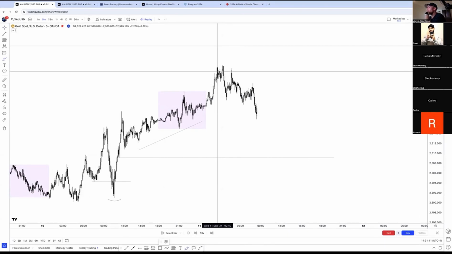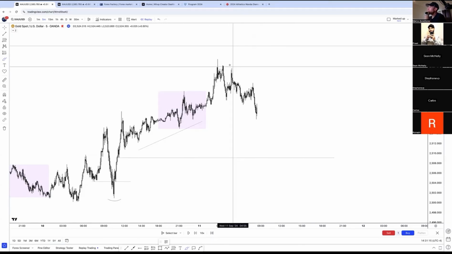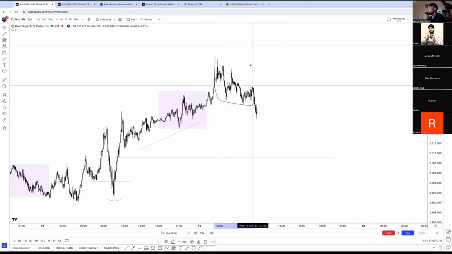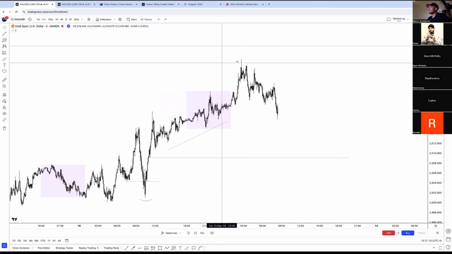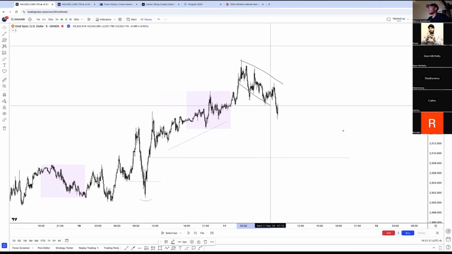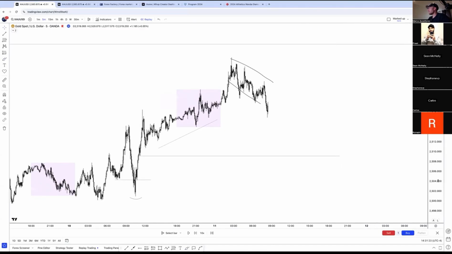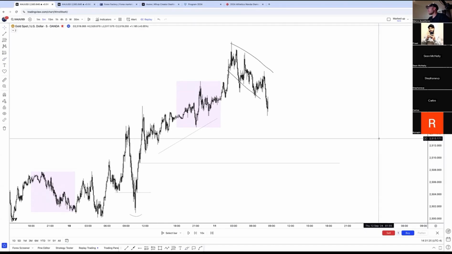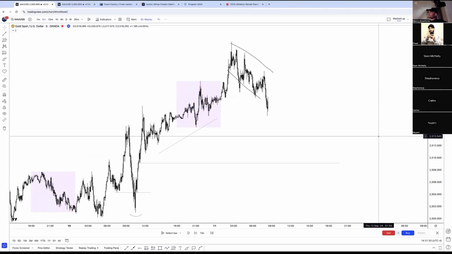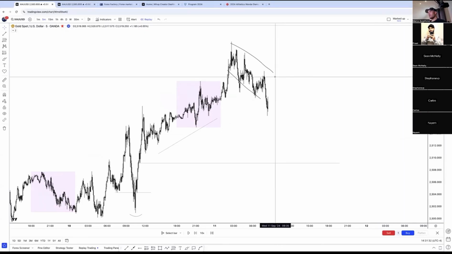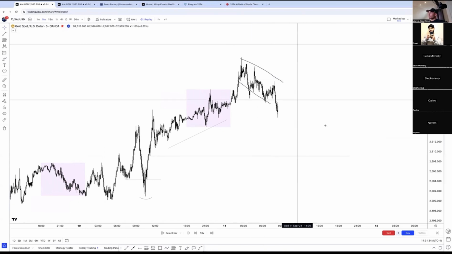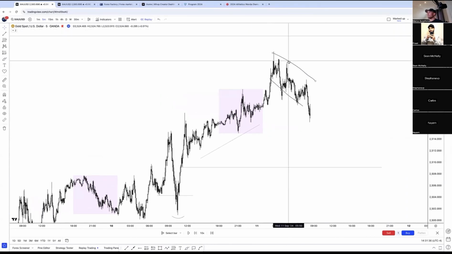Before the news, all through London. This is why I tell people, careful trading London if there's big news in New York. Look what London does. What is this? What is that? It should be obvious now. Build up, build up, build up. Thank you. It's a build up. And why does this occur?